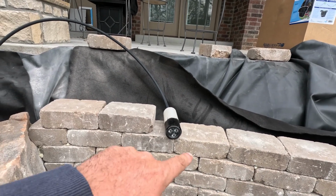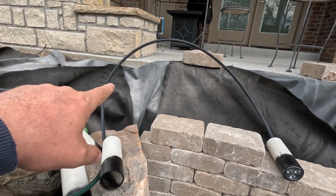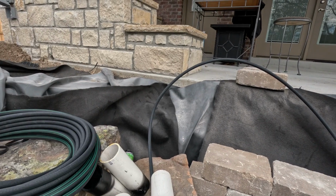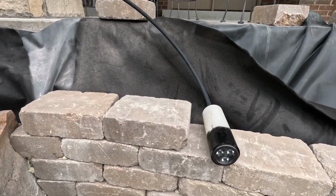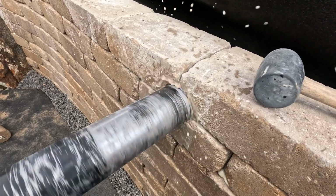So this is a simple way to do that, so that conduit will just lay in the bedding for the flagstone and stick up out of the liner over here and be hid nice and neat. But we'll get going on this, just showing you how we